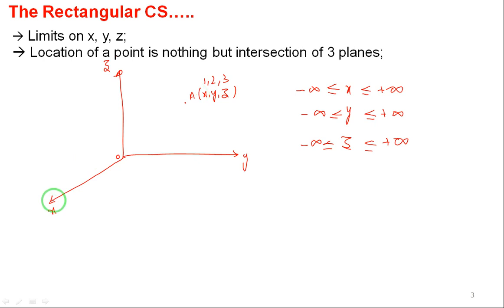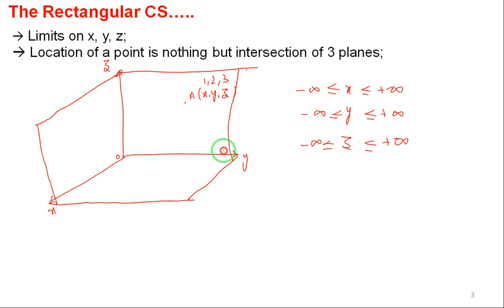We know that xy plane, yz plane and zx plane. Okay, I will redraw it once again here. I just want to tell this concept to you people. Okay, these are the three planes, right? XY plane, YZ plane and ZX plane. I have located a point A here. The coordinates are 1 comma 2 comma 3.